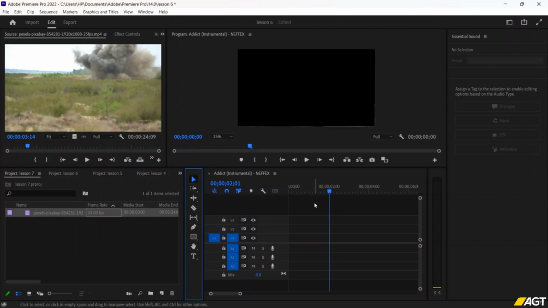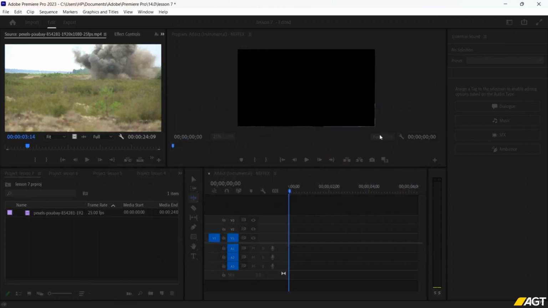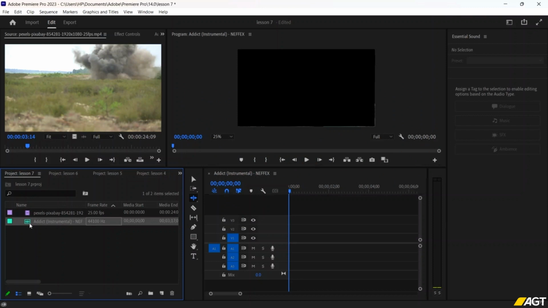This is a very specific new tool which was added in Adobe Premiere Pro, and make sure you have the latest Premiere Pro software so that you can have this remix tool option. Okay, now let's use the remix tool by first importing an audio. So let's import this, and now let's drag it into our